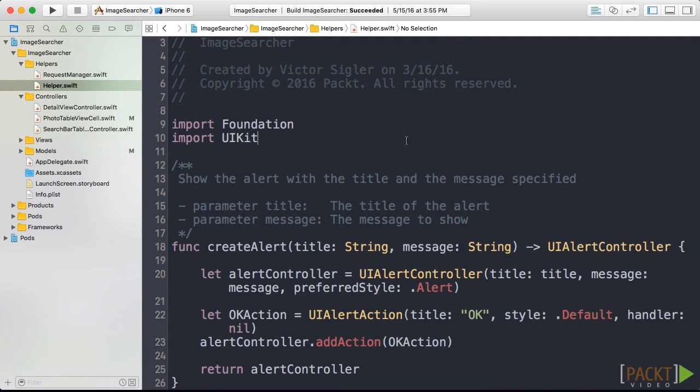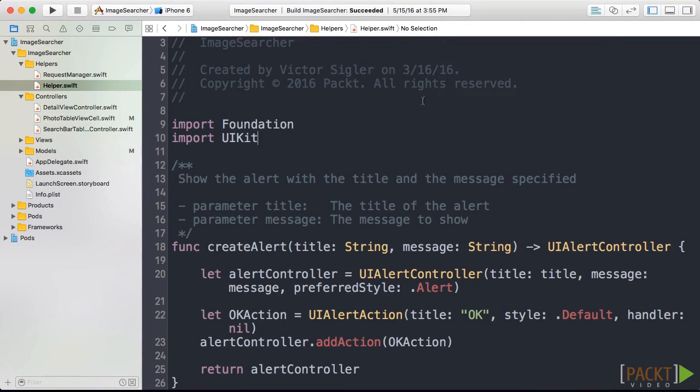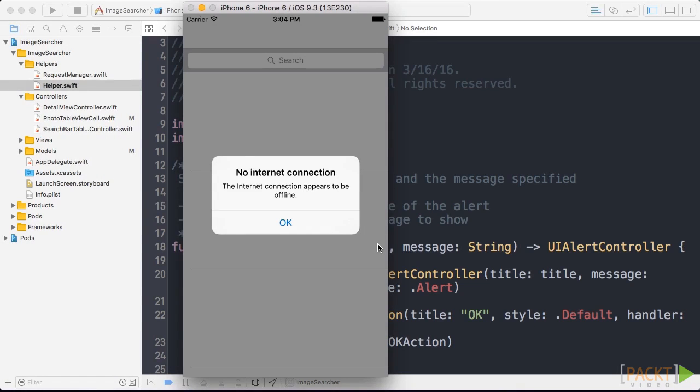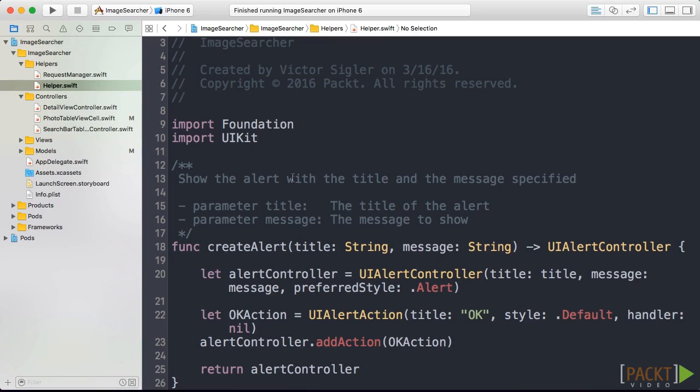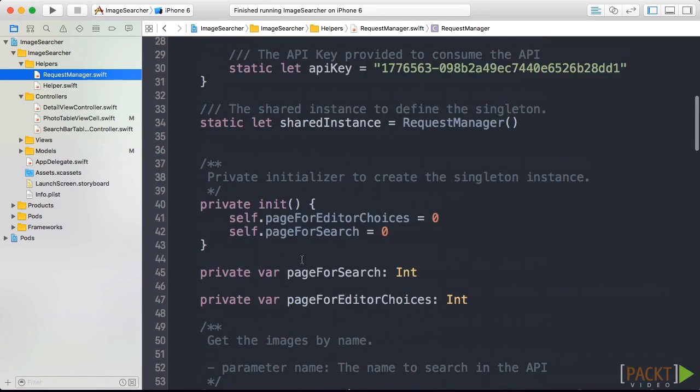OK, let's see our error in action. To do this, disable the Wi-Fi connection in our machine and run the app. Perfect. We dealt with the no internet connection error in a good way. So now we are going to show a different response in case of an error when we request the image in our method